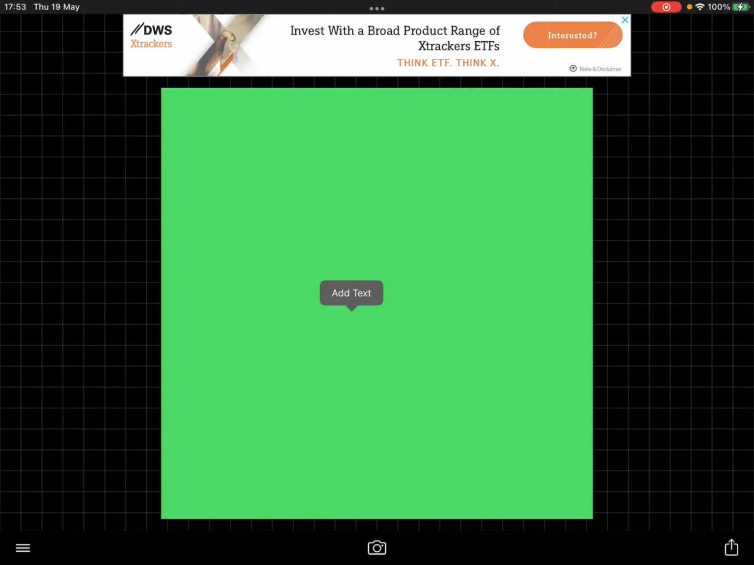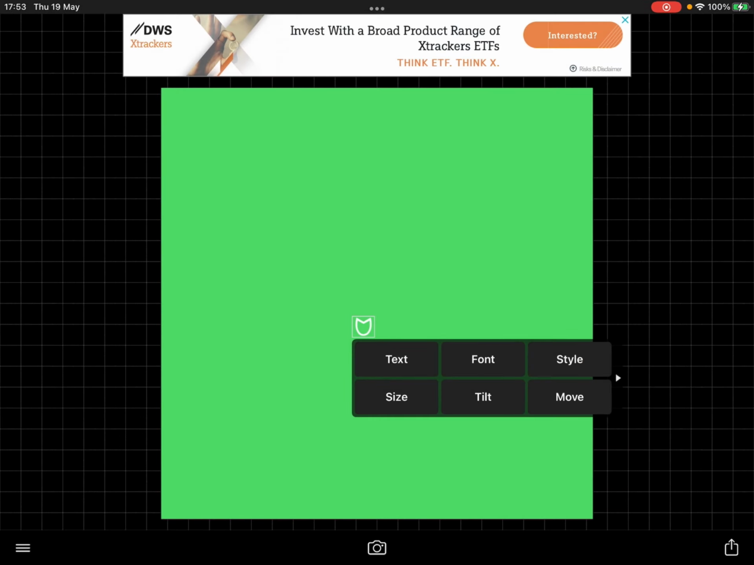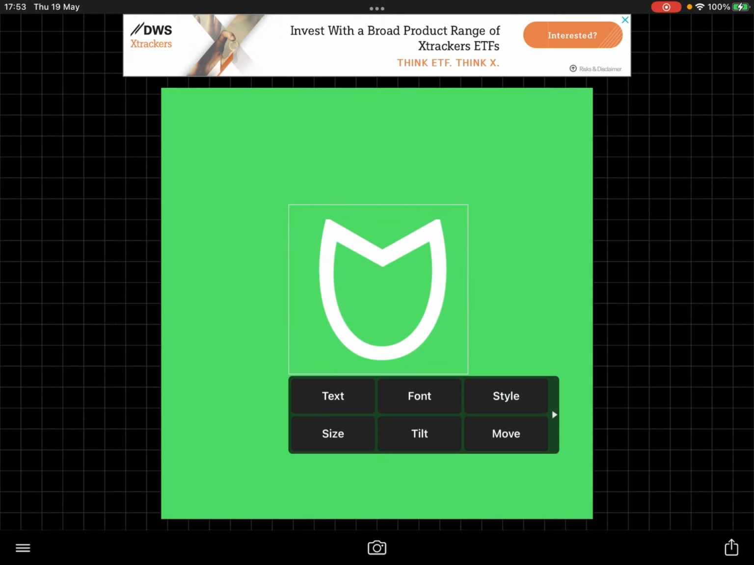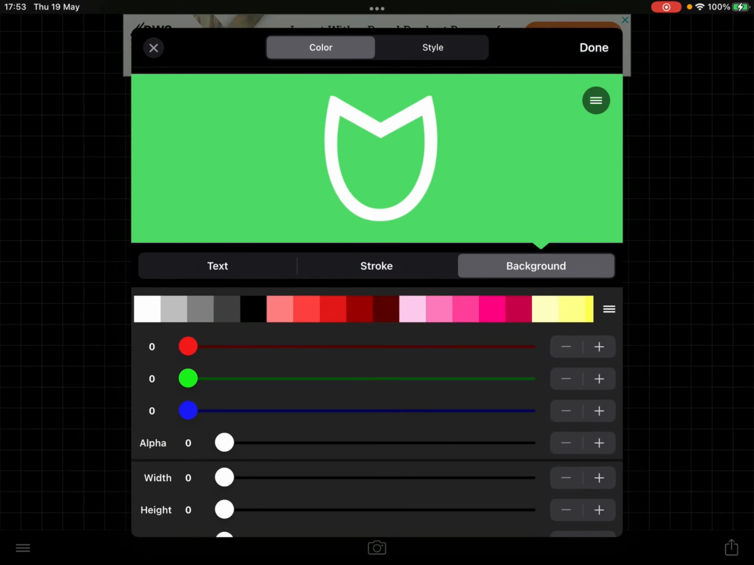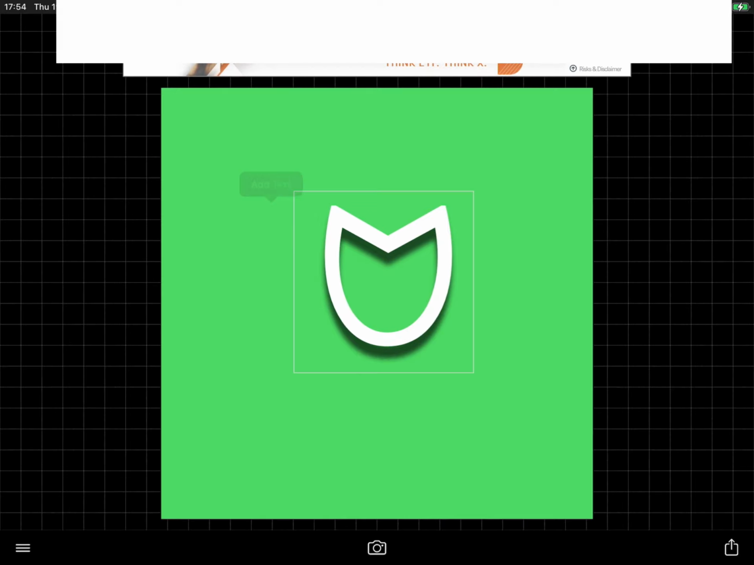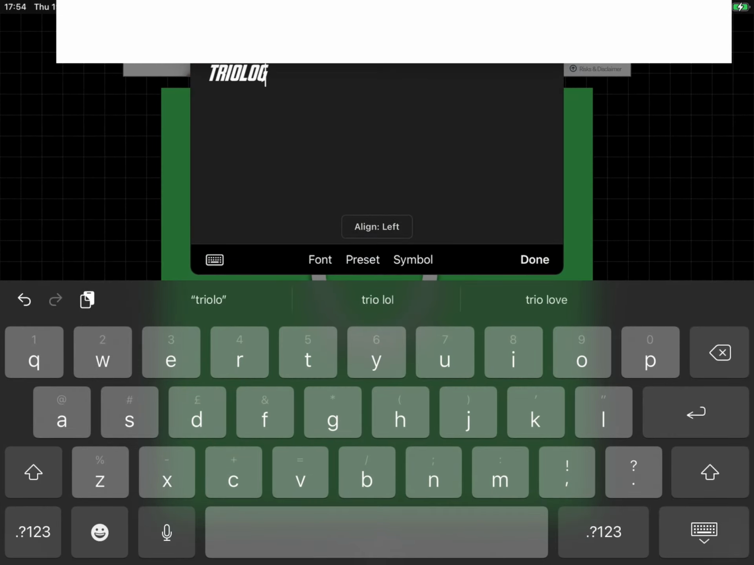So you're going to want to add text. So I have copied my logo. It's the Scarlet Witch logo, if you guys didn't already know that. So if you want shadow, then you need to add shadow. So once you've got it like that, I'm going to put my username,